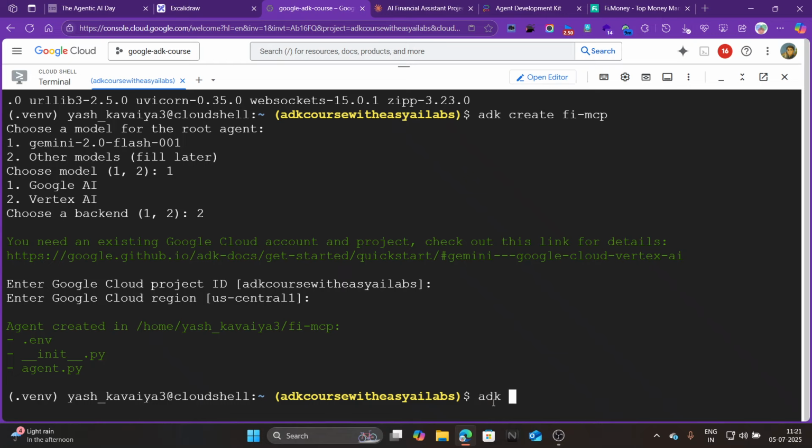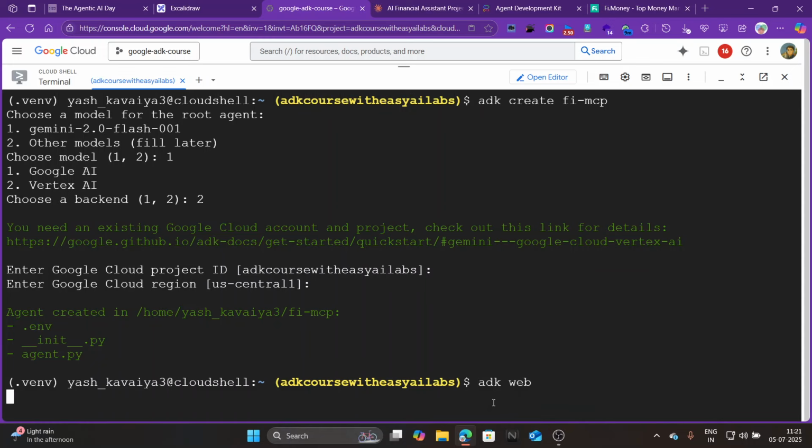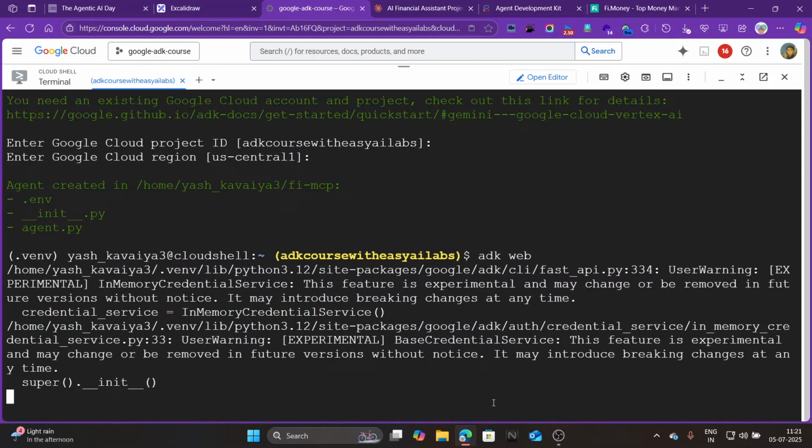adk web. Basically we use the web UI, so that's why we use adk web.